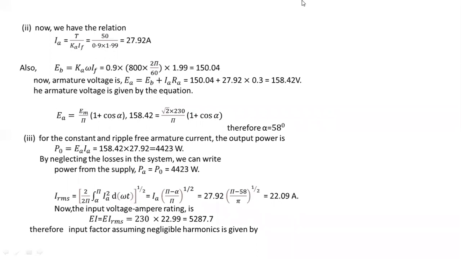To calculate the apparent power, generally the formula for S, apparent power, is VRMS into IRMS. VRMS into IRMS is the apparent power formula. Okay, so VRMS, we know the input voltage is 230 volts. But what about IRMS? We have to calculate this IRMS. This IRMS can be calculated like this. From this RMS equation, we can calculate the IRMS value. So from this expression, we will get the IRMS value as 22.09.